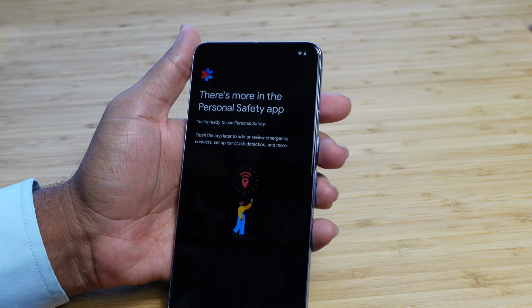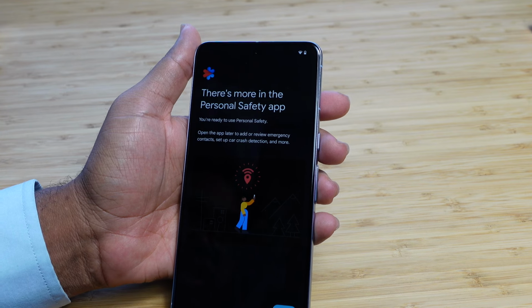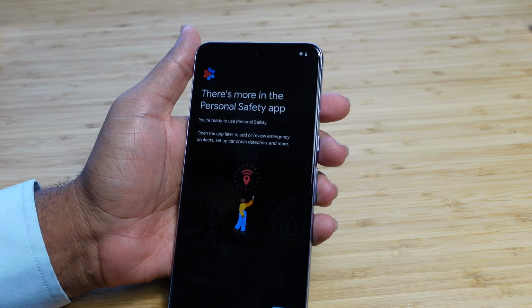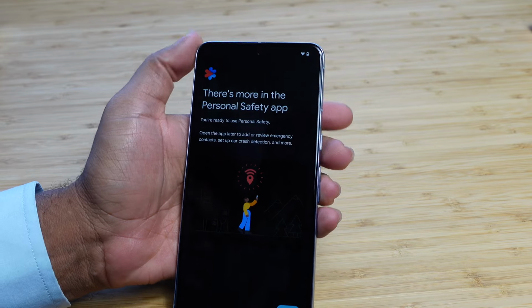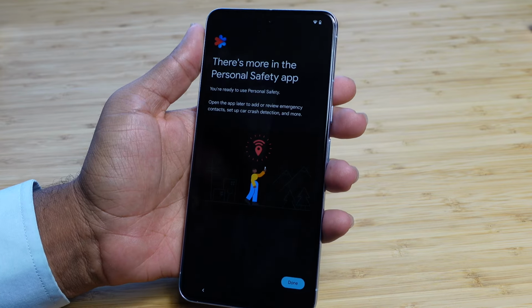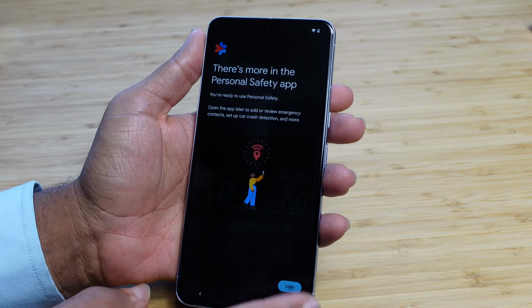and hit next. There's more in the personal safety app, so we can check that out to review emergency contacts, set up car crash detection, and more. So cool features that they've got baked right into the Pixel phone, and we'll go ahead and hit done for